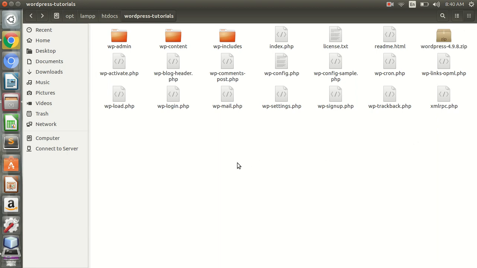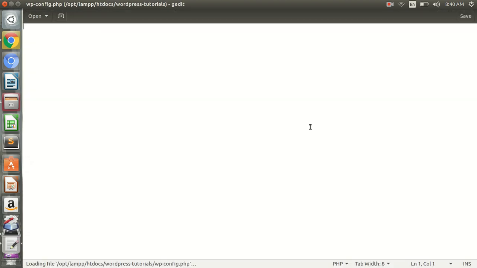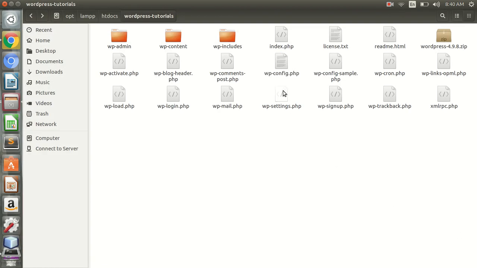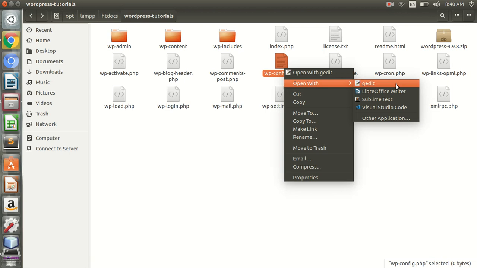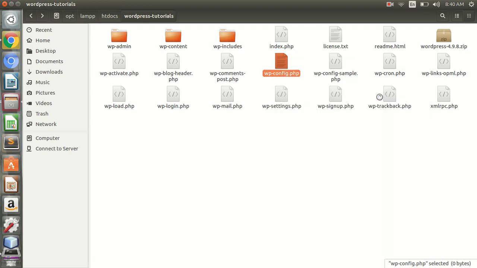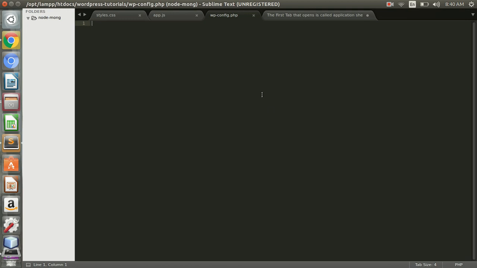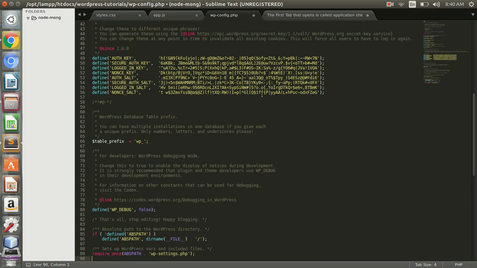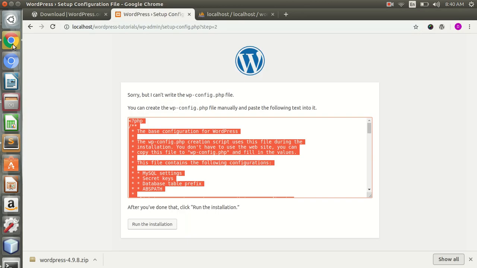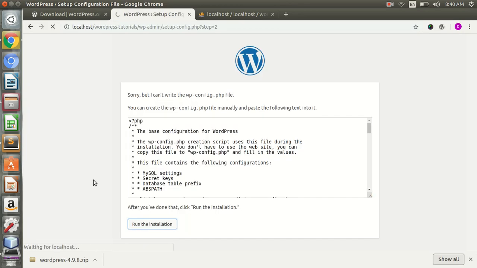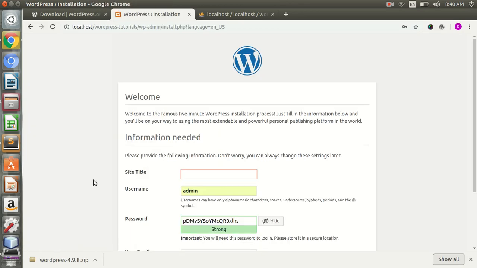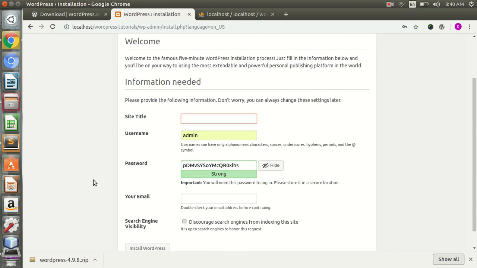Okay, so I've created a new PHP file, that is wp-config.php. I can open that up with my favorite editor. In my case it's Sublime editor. Okay, so that's it. Now we can hit run the installation, and yes, now it asks me to give